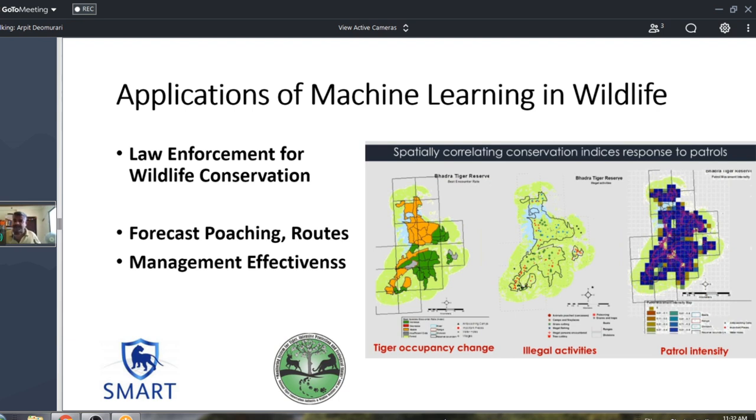You don't have to do that many trails, because you know which are safe areas and which are not safe areas, and the community perceptions are all fed into this. So it helps a lot in forecasting poaching of animals, route planning, and where to deploy your frontline staff in terms of protection of animals or against encroachment. And there are two applications. One is the Spatial Monitoring and Reporting Tool, SMART. And in India, WII has developed a similar one, which is called M-STrIPES, which is particularly used for tiger reserves in India.